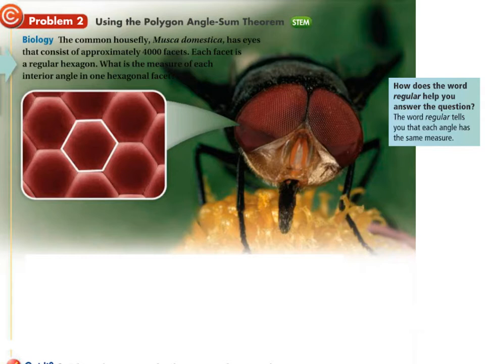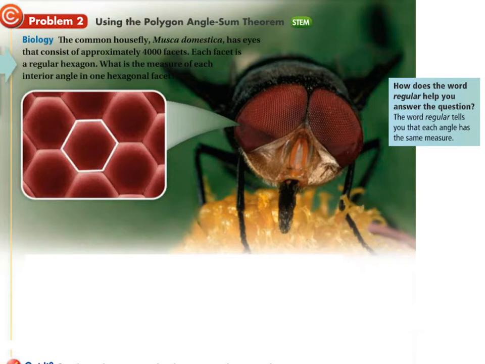Okay, so here we have this common housefly, Musca domestica. It has eyes that consist of 4,000 of these little regular hexagons, okay? And what is the measure of each interior angle in one hexagon facet? What's the measure of each angle here? Now, how does the word regular help you? You know that each angle measures the same. So if we can find out how many total degrees are in a hexagon, we can split it equally among those